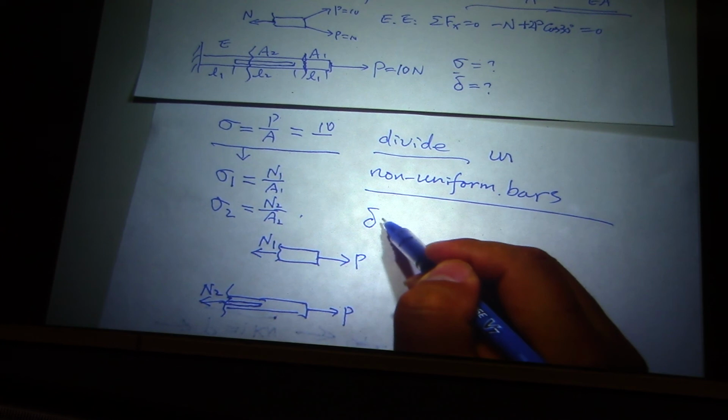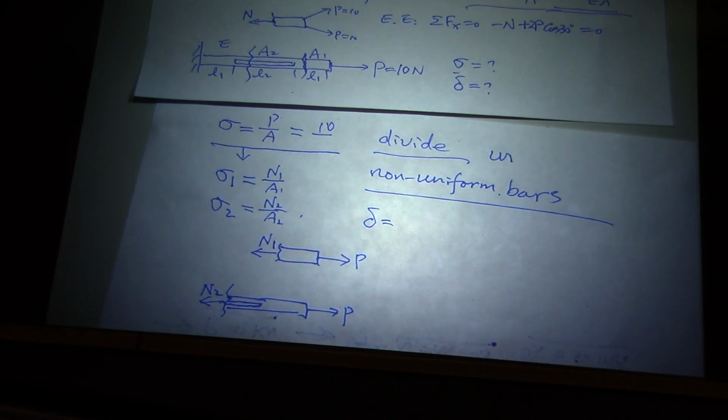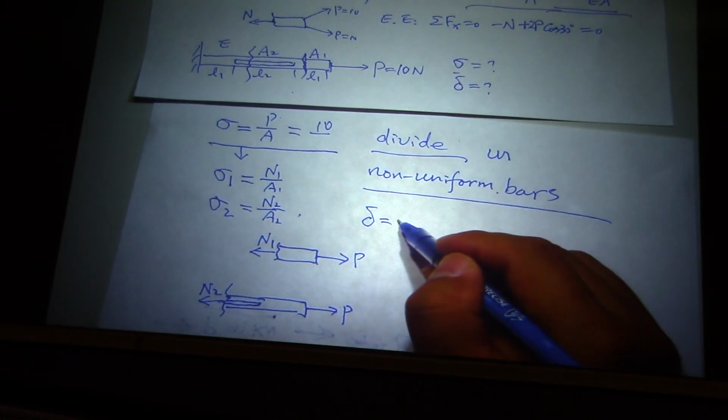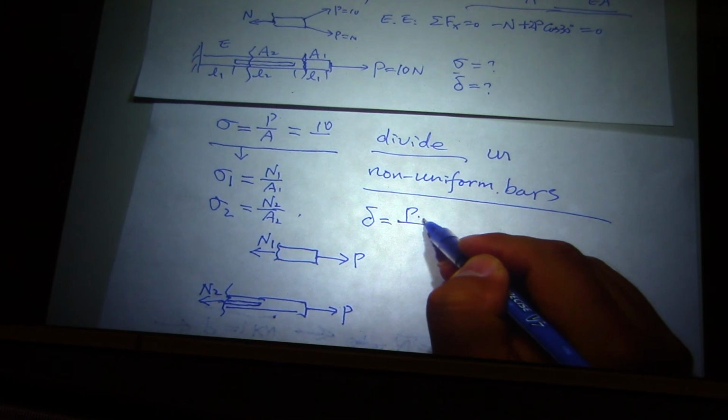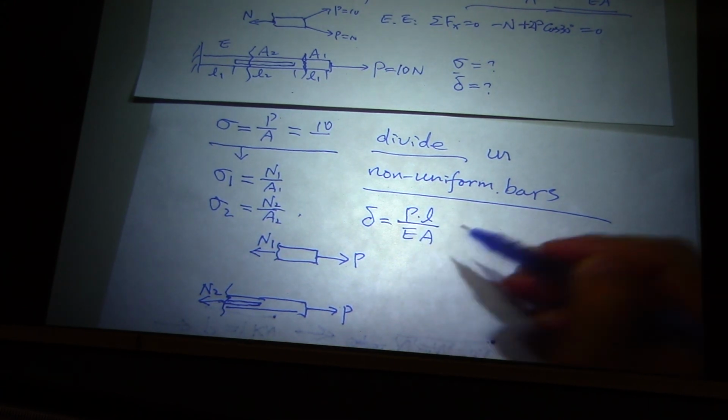Okay, last question. Now how do you calculate the elongation? Can you use this equation and say, okay, P times L over EA? Could you sum your lengths and